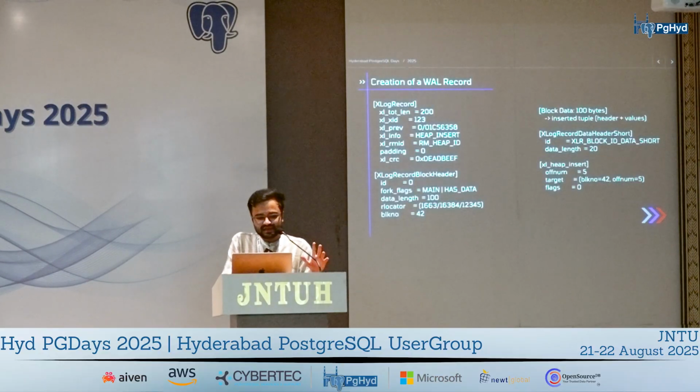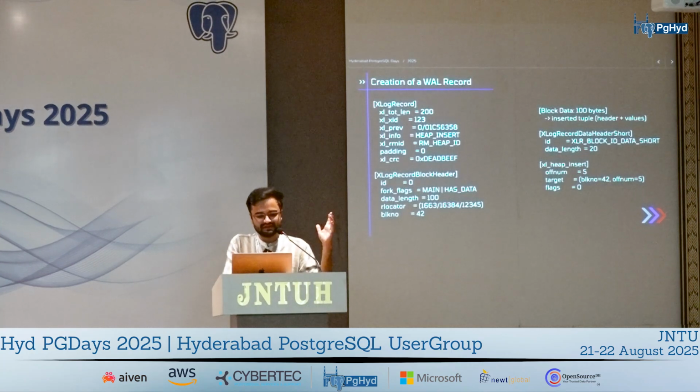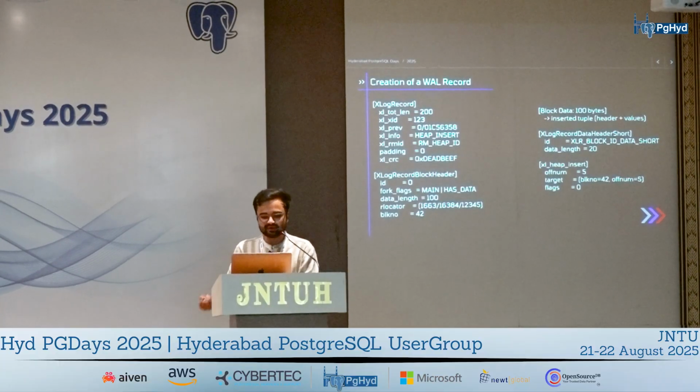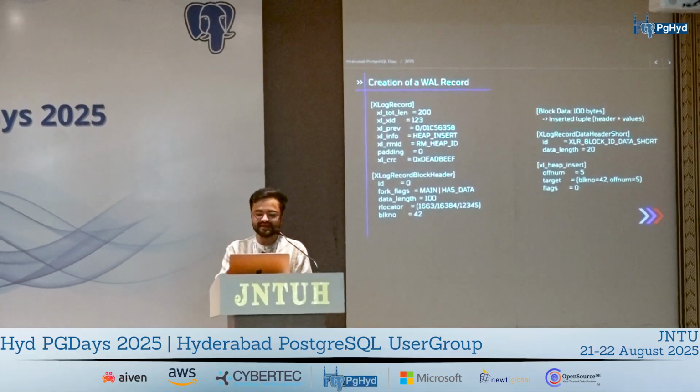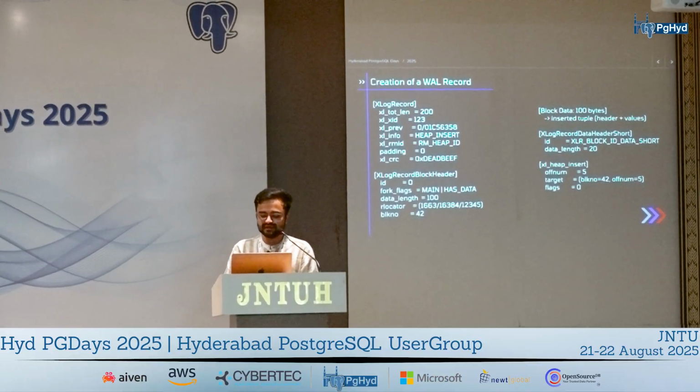If we zoom out a little, we'll see that we have the xlog record header, which contains very basic data about how the record is going to look. The block header has some data about how the pages are going to look, and the data header involves all the actual things related to that particular page.